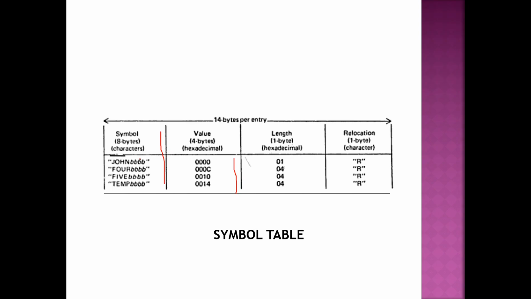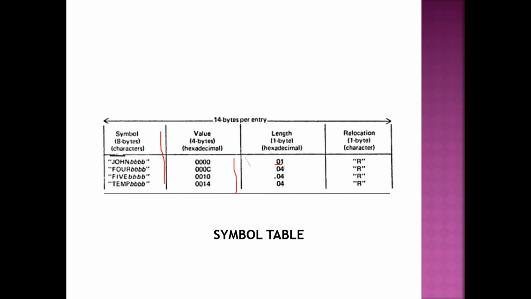The label at the start of the program doesn't have any address. It is going to be a pseudo op only. Start as a pseudo op, so it is always going to be 0000. Length, you have to remember that it is always 1 byte. The label which you store is always going to be of size 1 byte. Labels 1 byte.